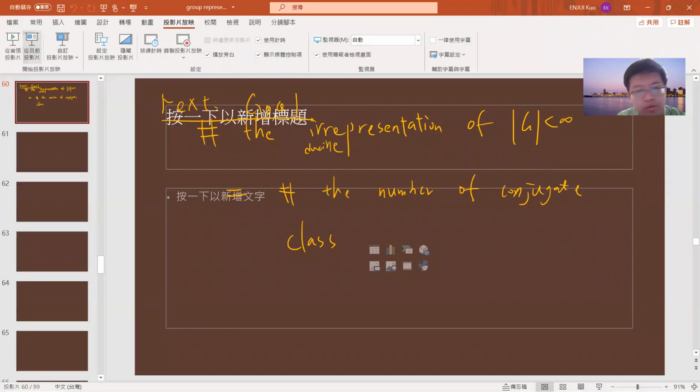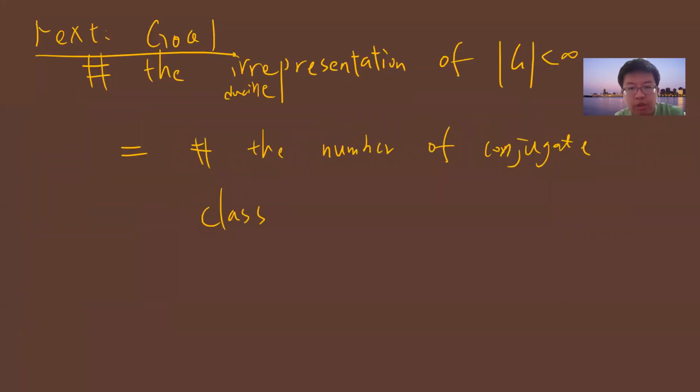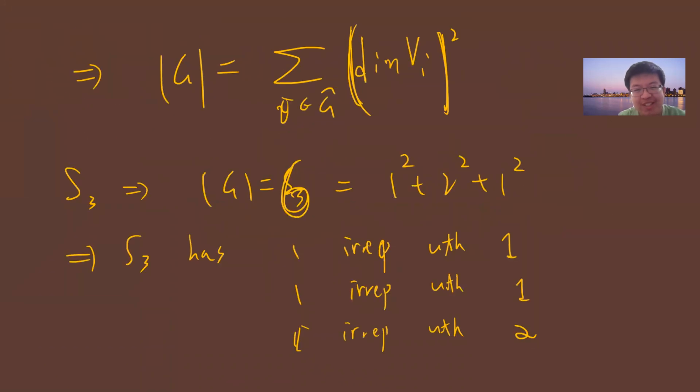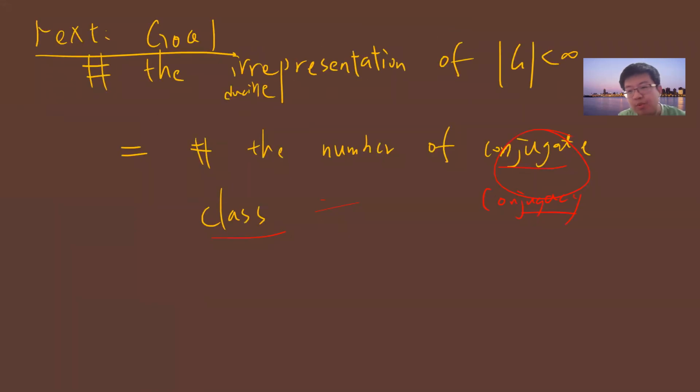So what I'm trying to prove, this is our goal. We have two goals. The first goal is that we need to prove that the number of irreducible representations for a finite group is the same as the number of conjugate classes, or somehow people like to call it conjugacy classes. I like to call it conjugate class. And the second is that we need to prove the so-called